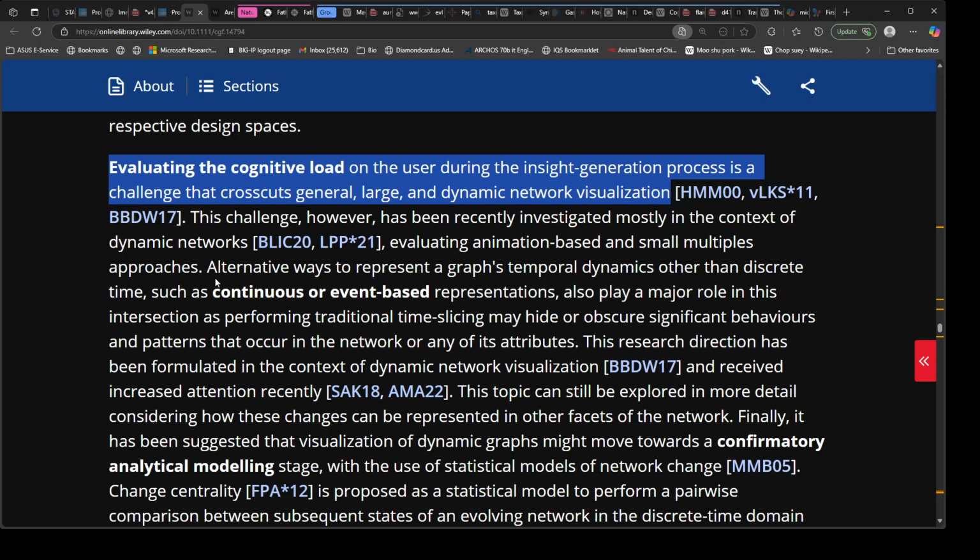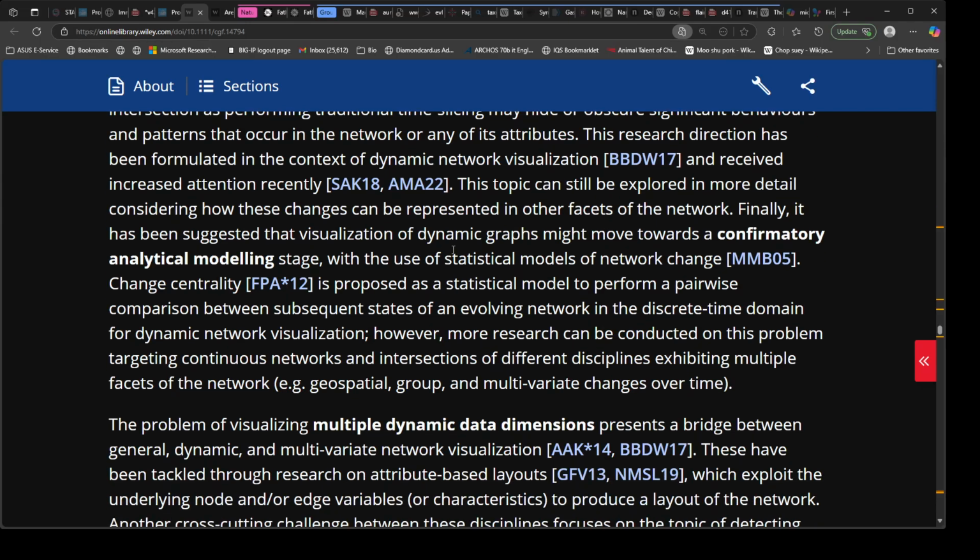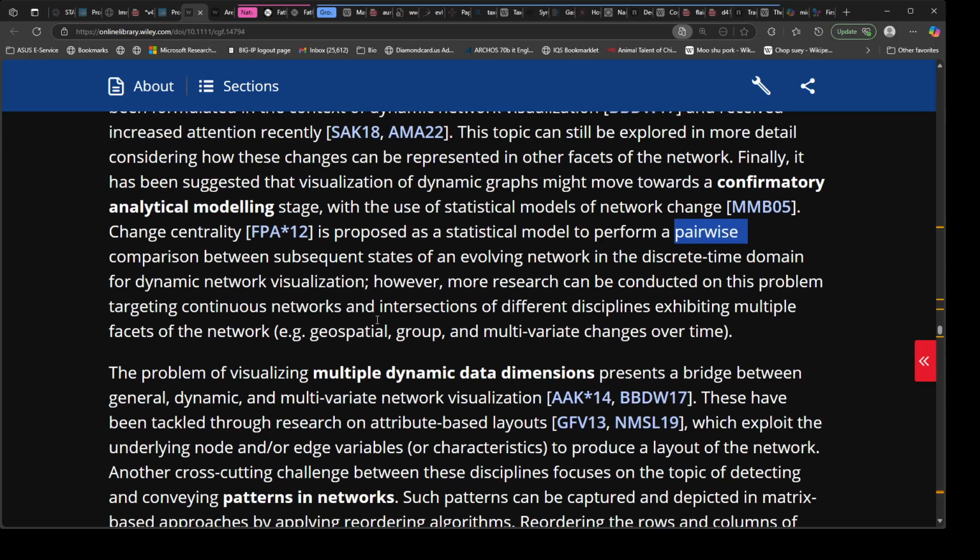This research direction has been formulated in the context of dynamic network visualization, BBDW17, and received increased attention recently, SAC 18, AMA 22. This topic can still be explored in more detail considering how these changes can be represented in other facets of the network. Finally, it has been suggested that visualization of dynamic graphs might move towards a confirmatory analytical modeling stage, with the use of statistical models of network change, MMB05. Change centrality, FPA12, is proposed as a statistical model to perform a pairwise comparison between subsequent states of an evolving network in the discrete time domain for dynamic network visualization. However, more research can be conducted on this problem targeting continuous networks and intersections of different disciplines exhibiting multiple facets of the network,